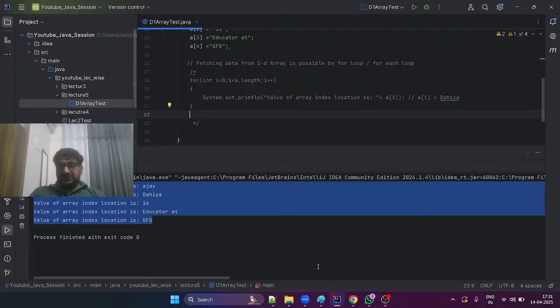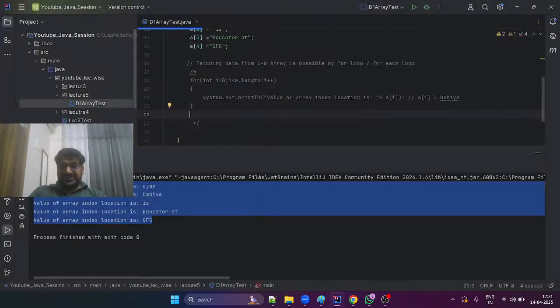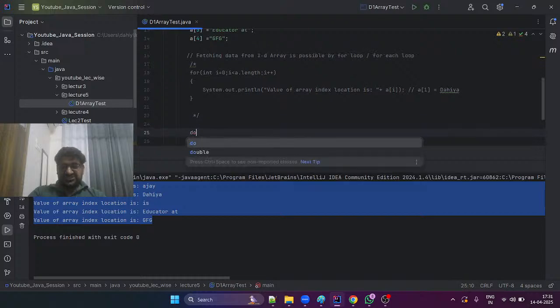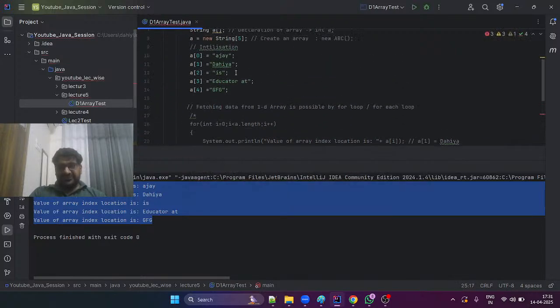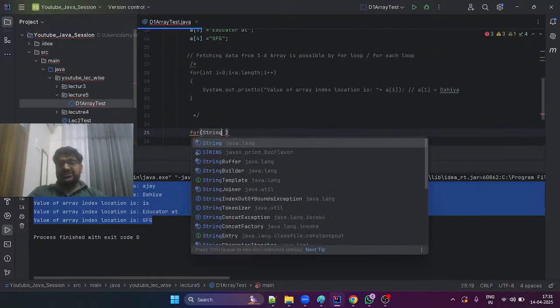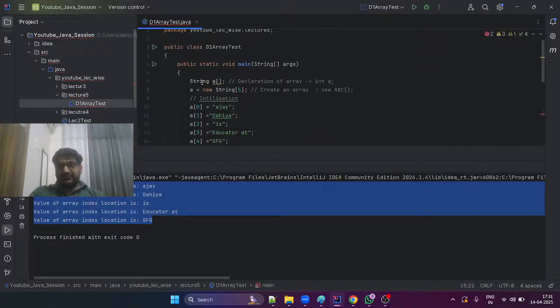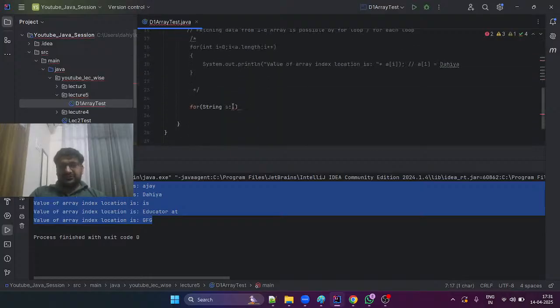Now moving on to the for each loop. The for each loop has a different ideology. In the for each loop, there is a syntax change. The syntax here is for, type of array element, then the array. You can see it's a string, so the string type needs to be decided. Let's say I have chosen s, and I want to iterate